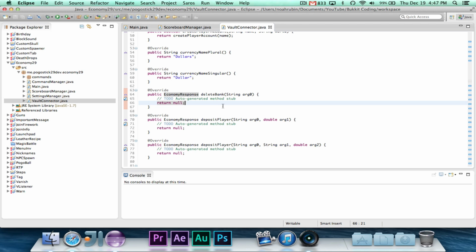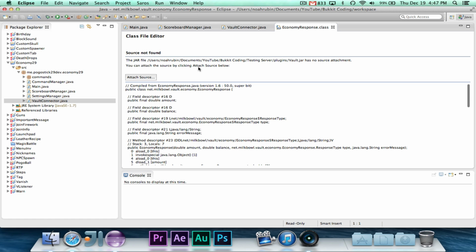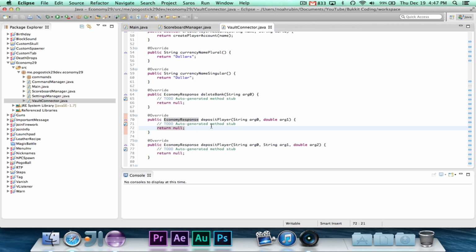Now, here we are at the economy depositPlayer. Now, the EconomyResponse class, and yes, I know I don't have that set up, so you can't really see it, but EconomyResponse is a class from Vault. We're going to create the EconomyResponse when we go to deposit to the player. So this is depositing money to the player.